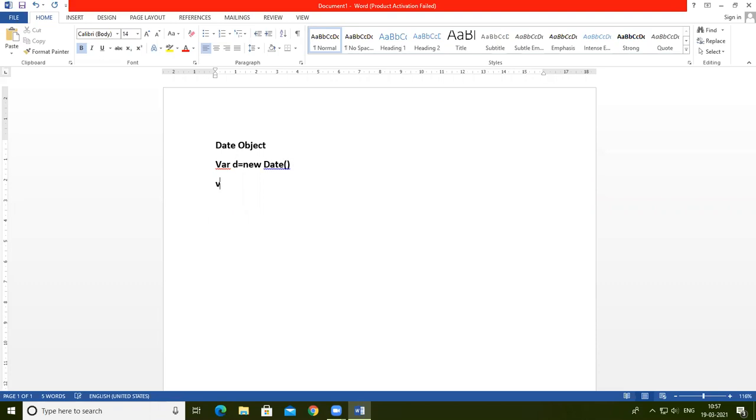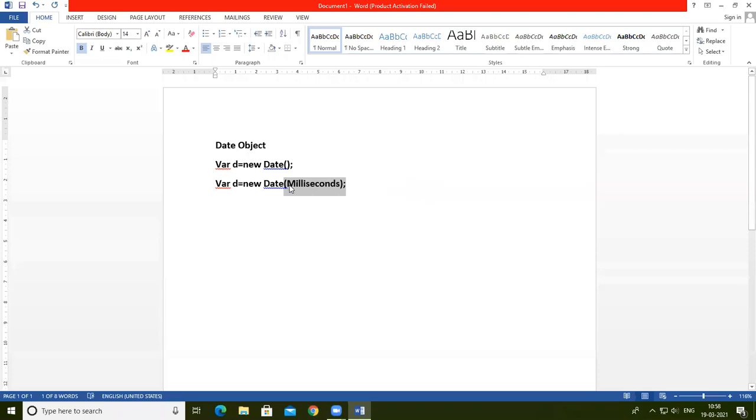This way you can initiate the date variable, or another one is new Date in brackets with milliseconds, or you can use any of the values, just like here: milliseconds, then seconds, minutes, hours, days, month, year.